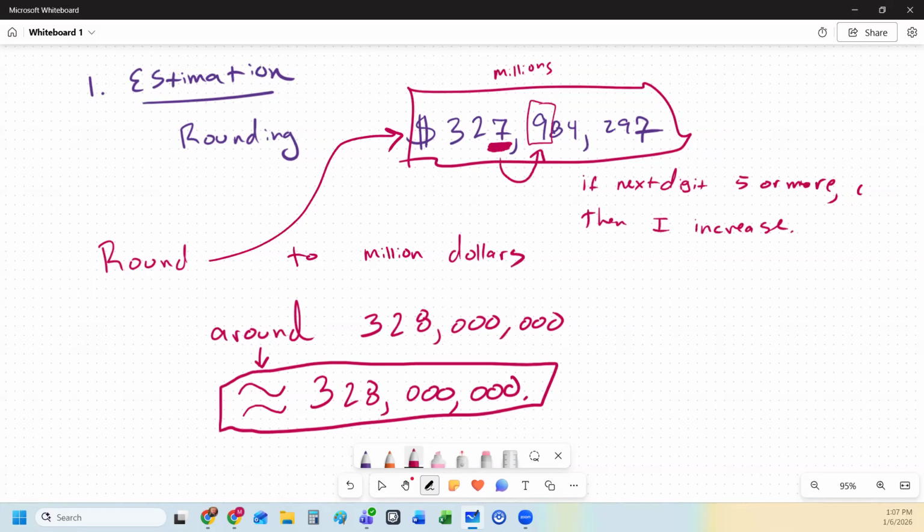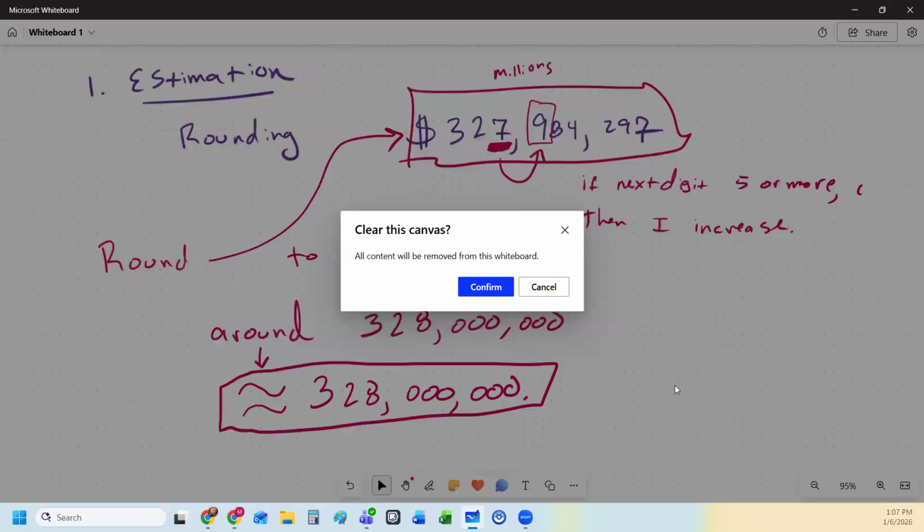328 million using that symbol. So it's important to know your places, your place names. Let me clear this out here. So if I have, let's say, a very large number,